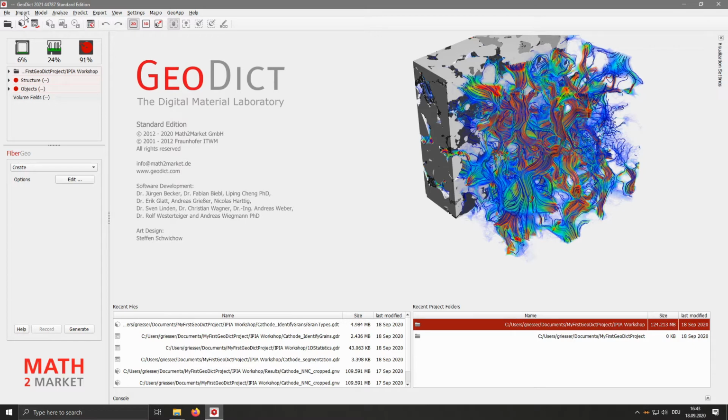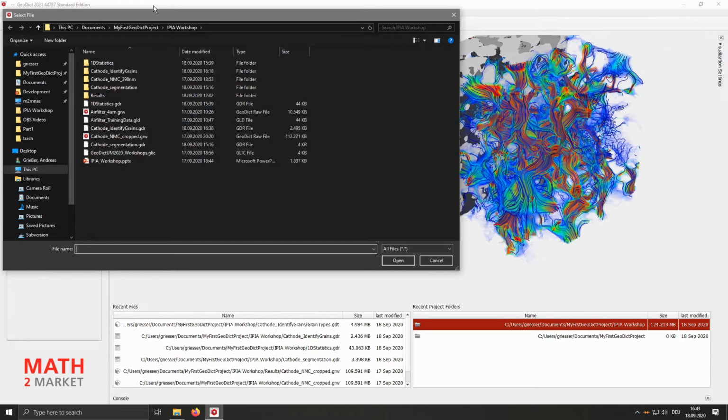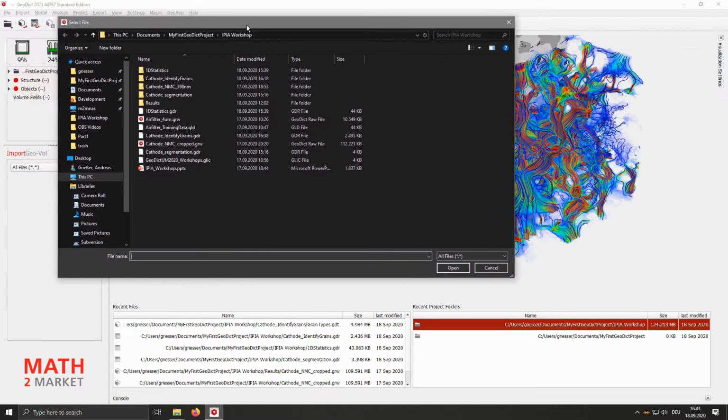We now again go into the import GeoVol module and open the new sample by clicking the browse button. In the folder containing the data you received, you will see there is another GRW file called air filter for micrometers GRW. We click open.